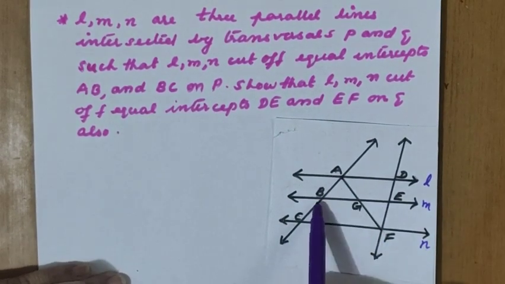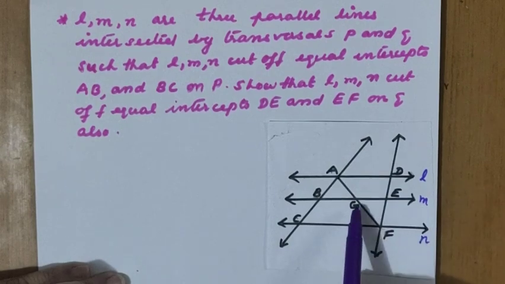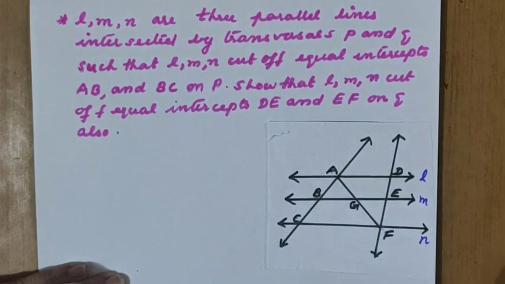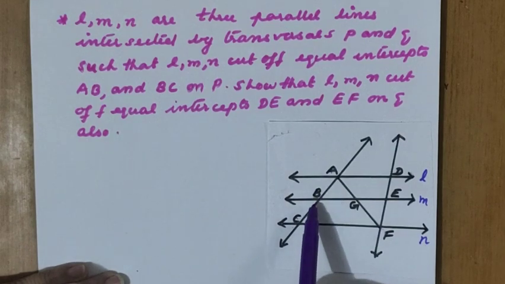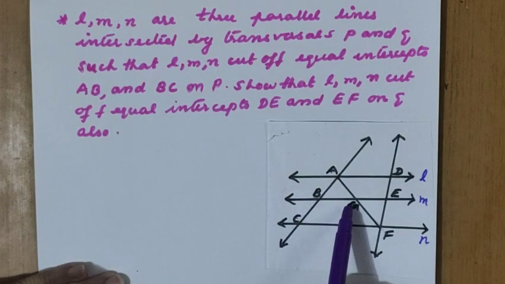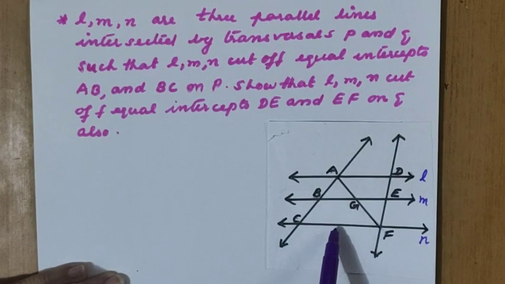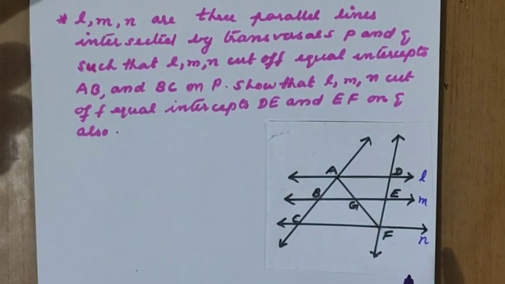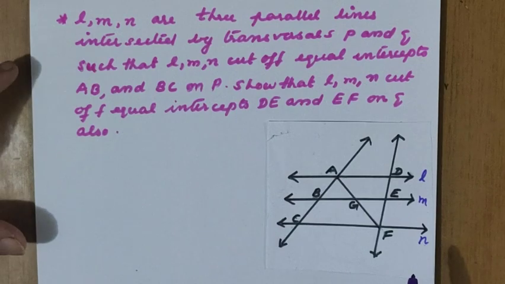First I explained that B is the midpoint. Now this line BE is parallel to CF also. Right? So on one side it is the midpoint, and from that the line segment drawn parallel to the second side then bisects the third side. So which is that theorem? The converse midpoint theorem we have to use here.